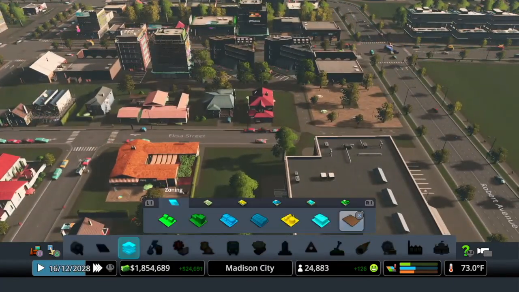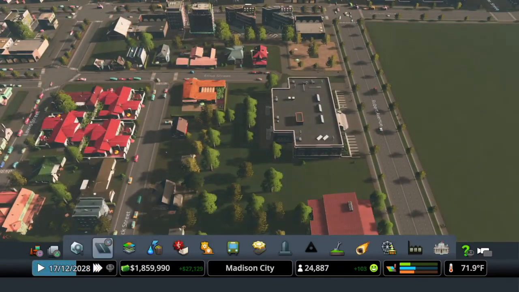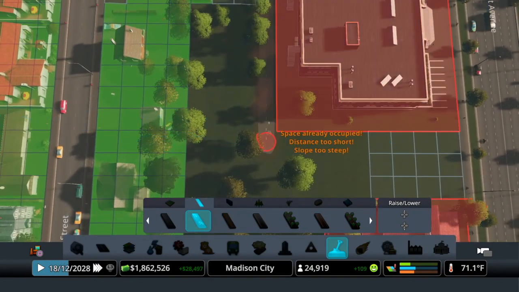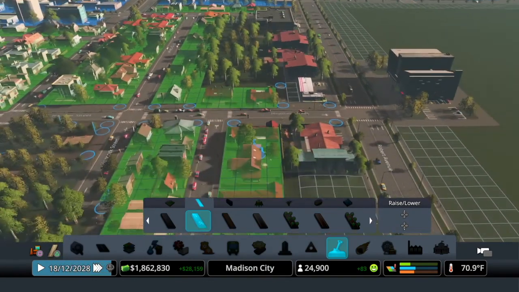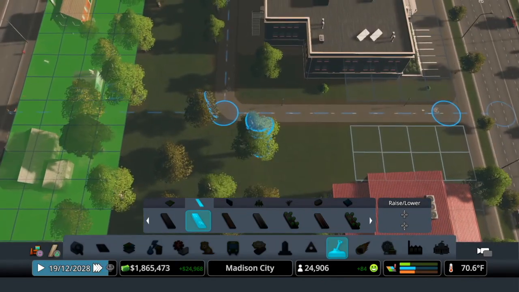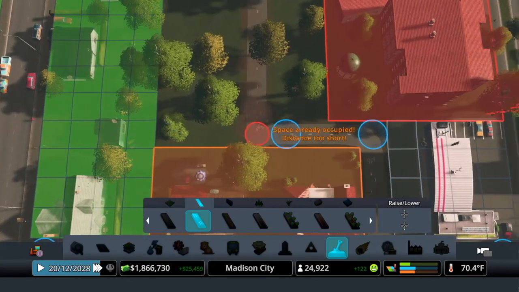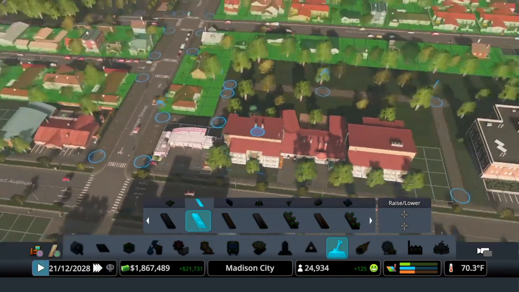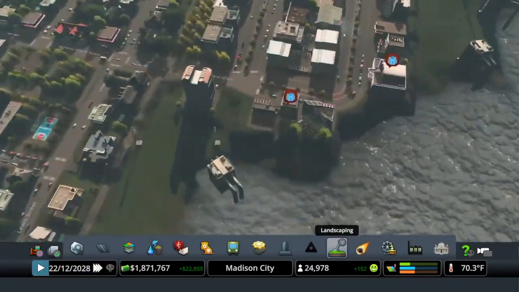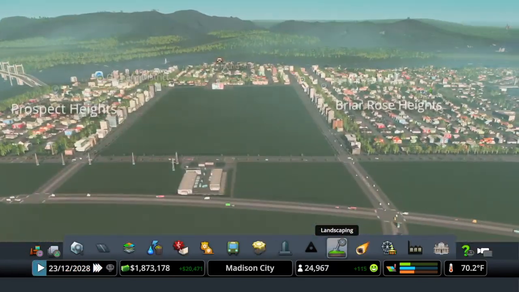I think I may dezone that part. Yeah. And maybe what we'll do is we'll run a path from here down here, and we'll go from here. Okay, so that's a few more things that will help our city. Just gonna get rid of that, and